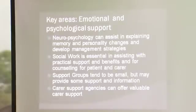Emotional support, really important. Often use of neuropsychology to assess for those mood and personality changes. If you've got behavioural issues coming into play, neuropsychology are often really important also in putting in some behavioural management strategies. Because often medications you might use that are mood modulators aren't so appropriate in these